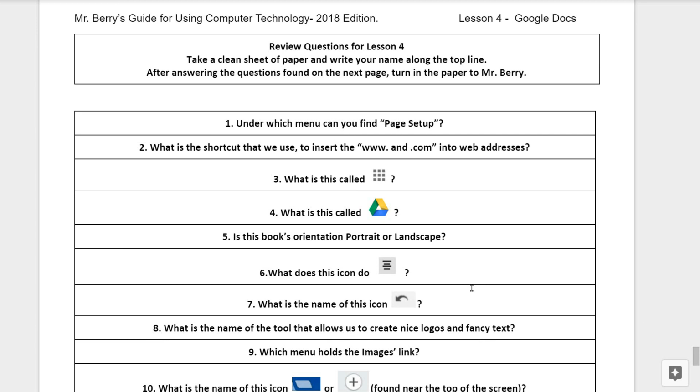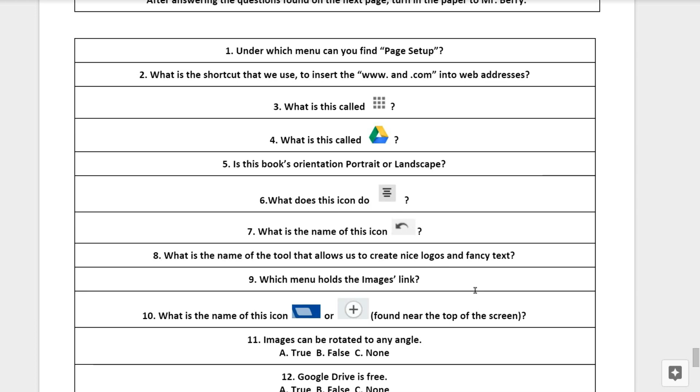If you're taking this for credit, take a clean sheet of paper and then write your name along the top line. Or you may email me the results. After answering the questions found on the next pages, turn the page into Mr. Berry. Question number 1.